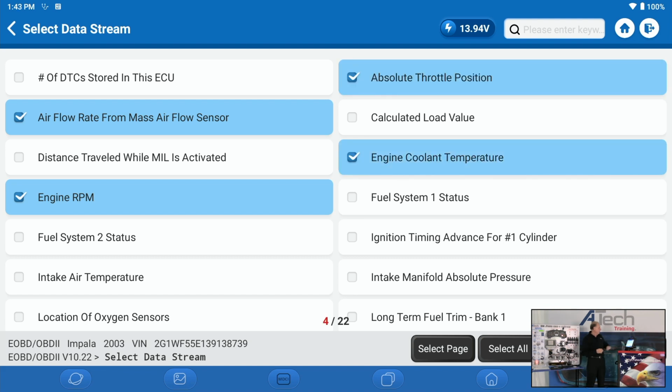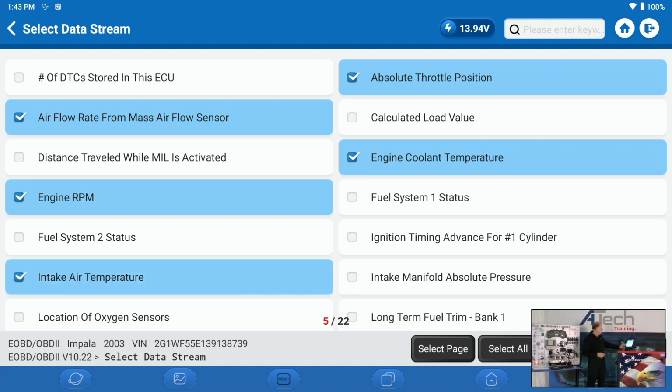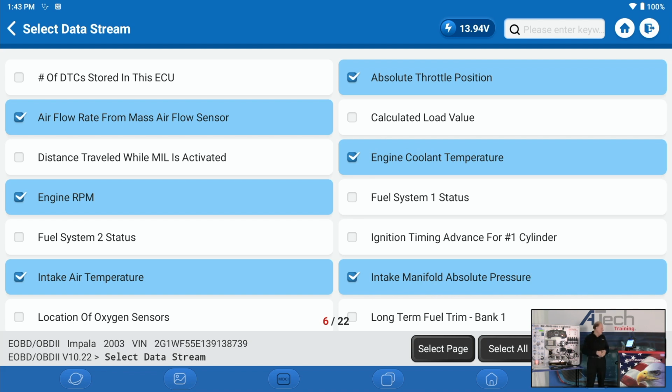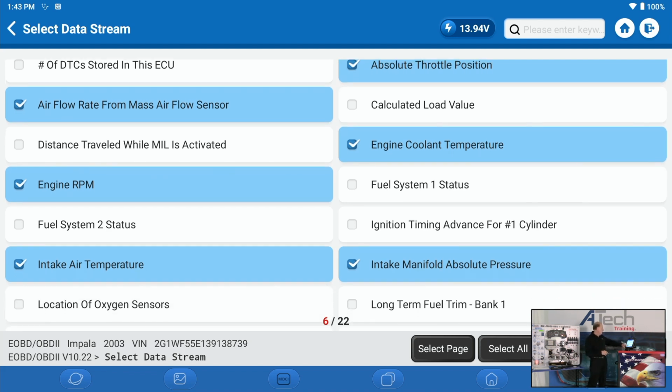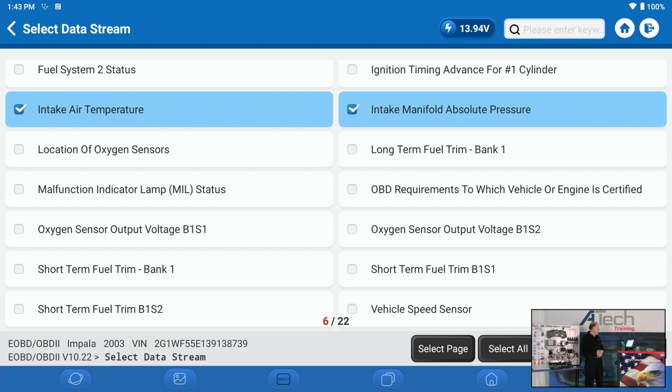I'm going to look at absolute throttle. Depending on the system, there might be variations on that. I'm going to look at intake air, intake manifold pressure. So this one has both the MAP and the MAF. All right. And I'm going to raise this up a little bit, and I will have the ability to look